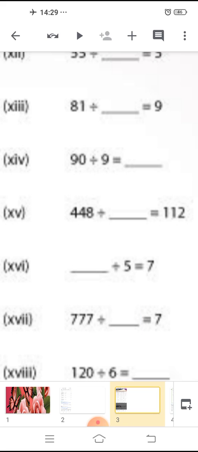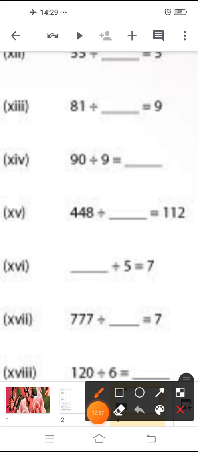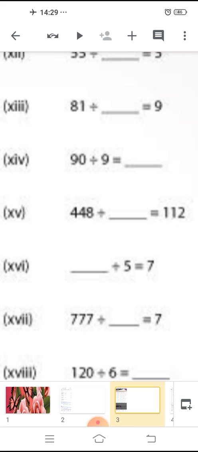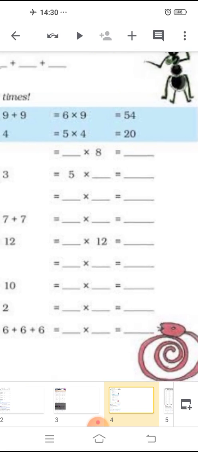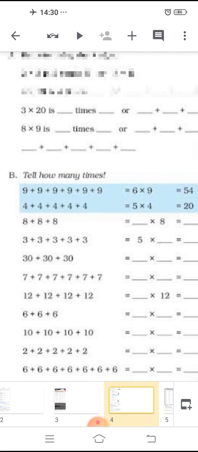Now 120 divided by 6, you can check what that will give you. Yes, very good. 6 2s are 12 and 0. So 20, that will give you 120. Okay, now come to this question.